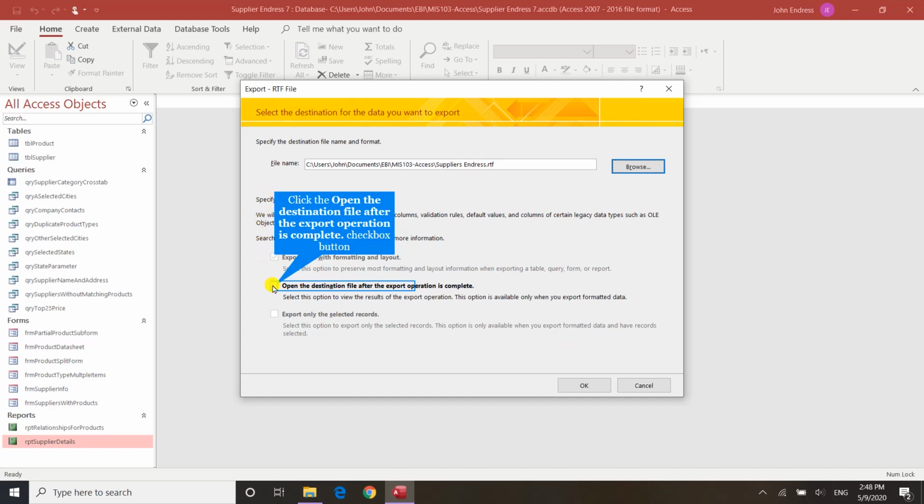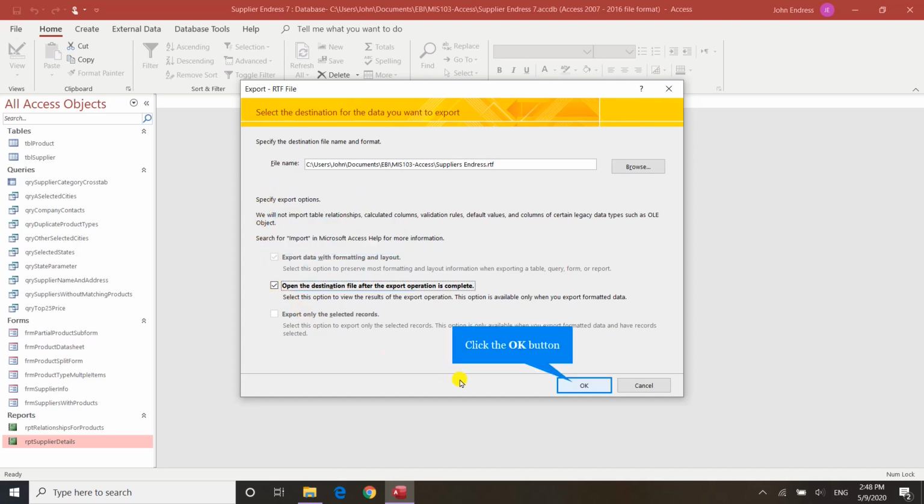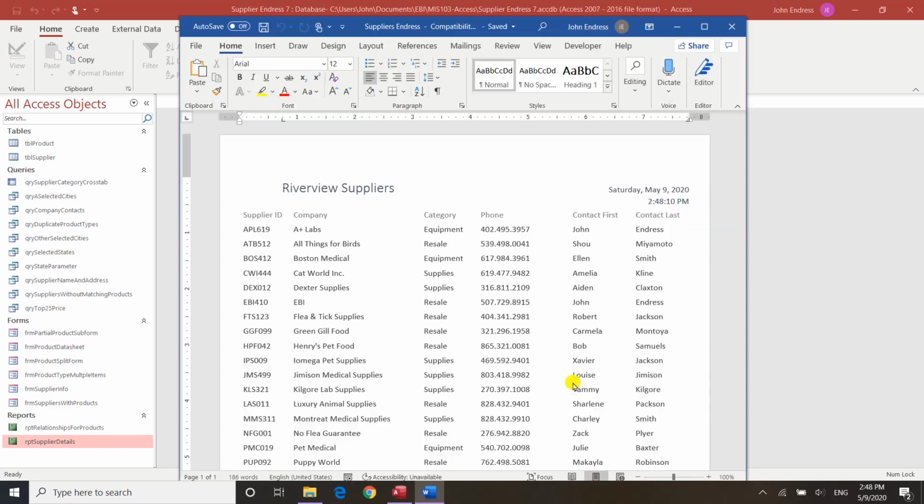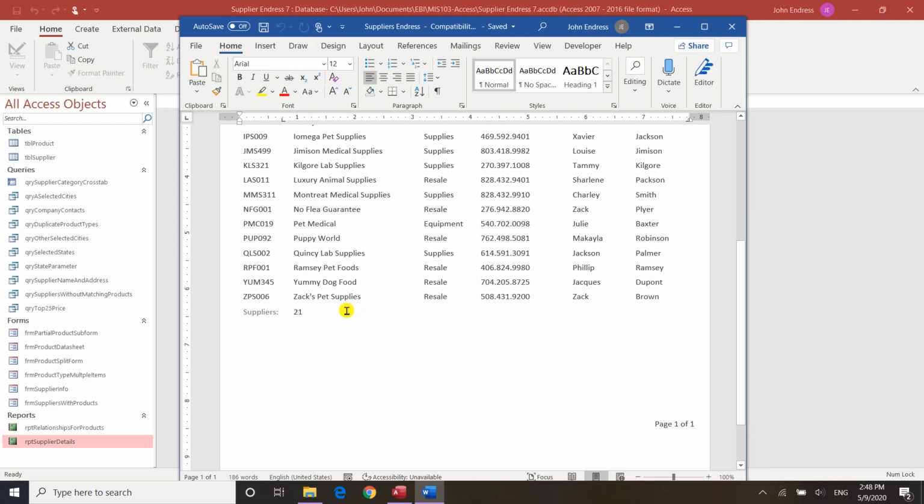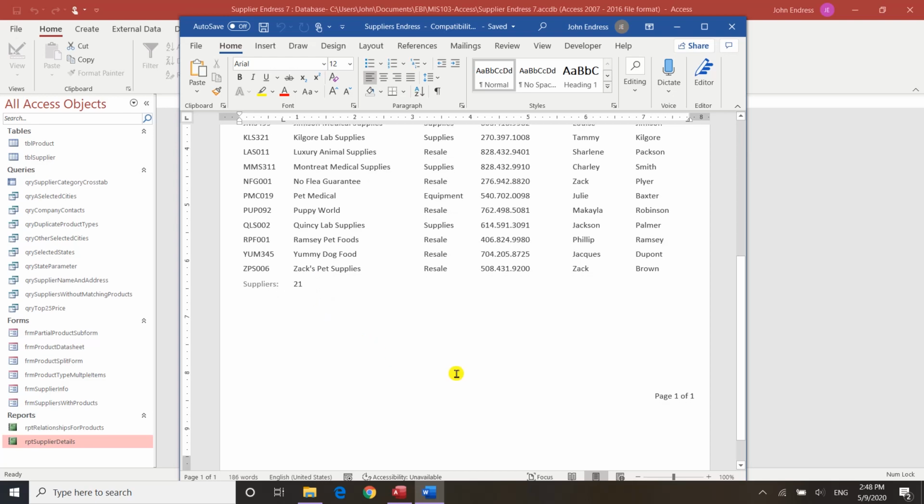I'm going to choose to open the destination file after the export operation is complete. That's just to show and demonstrate what happened. So here is my entire report. I exported the whole thing, and I was able to retain the header at the top of the report. Today's date, today's time, and then I look at the bottom and I can see the footer. There you have the footer with the record count. And then over here